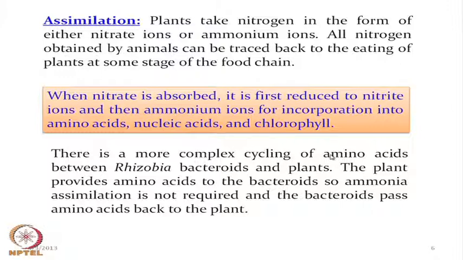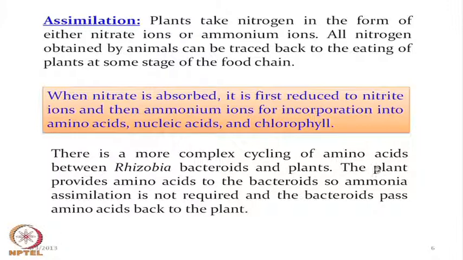So, if we bring amino acid into the picture related to the simple nitrogen cycle that we have been studying from our early school days, but never have we studied how amino acid can come into the picture, and how the oxidized forms of the different nitrogens can go for the corresponding air pollution as well as water pollution, that these bacteria, that means the rhizobia bacteroids, are coming into the picture, and also the plants.